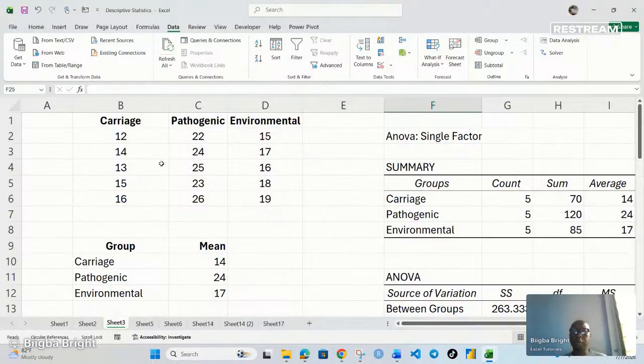So we've profiled their AMR genes, and these are the AMR gene counts, 12, 14, then in that order. How many samples? 1, 2, 3, 4, 5. 5 samples each. And then we want to find out whether there is a significant difference between their